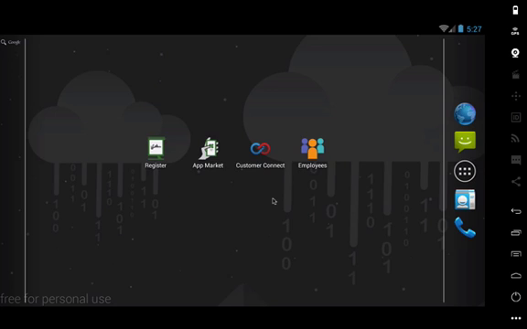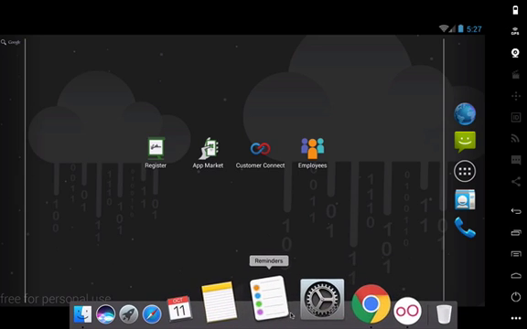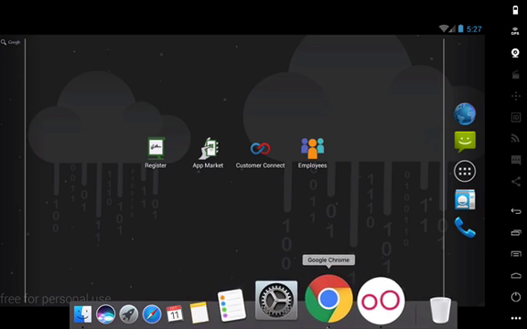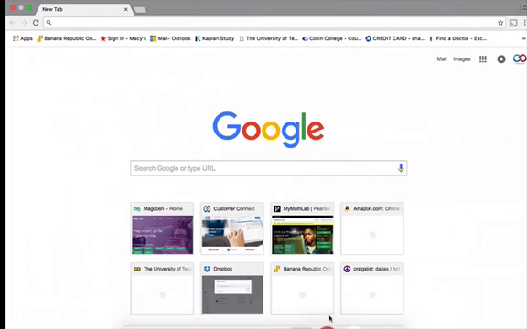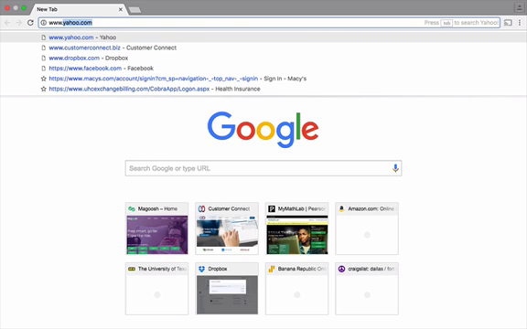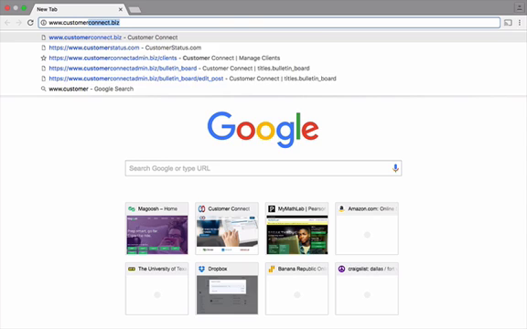The next step is to go to a computer or laptop and log into the internet. Our preferred browser is Chrome, and we want to try and avoid using a cell phone in order to do this process, because the website has been maximized for Chrome. So what we want to do is go to www.customerconnect.biz,